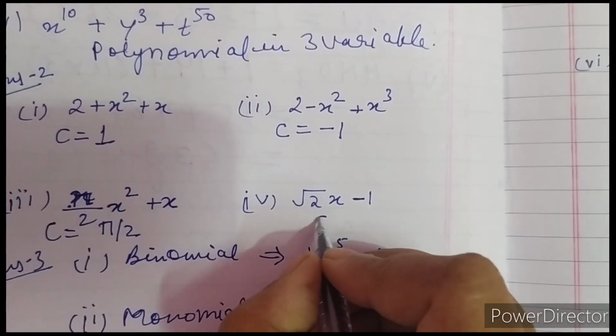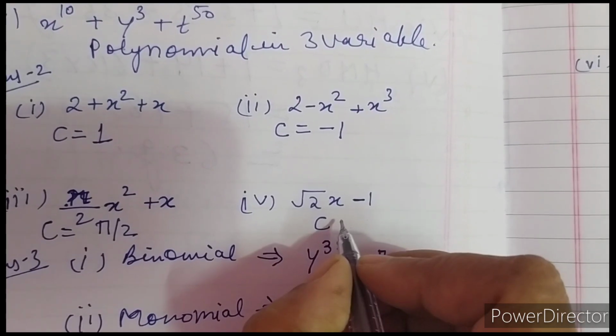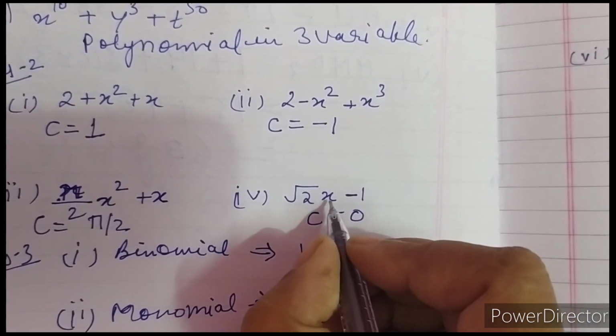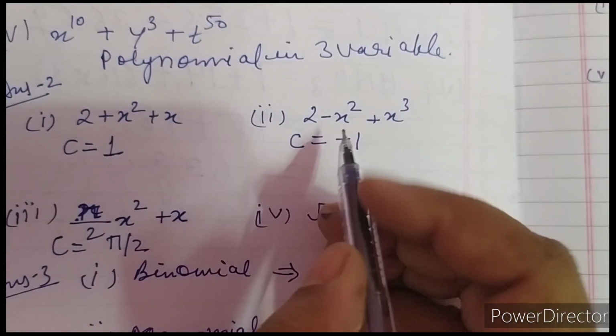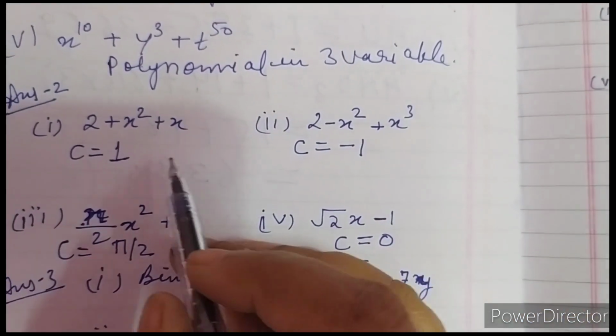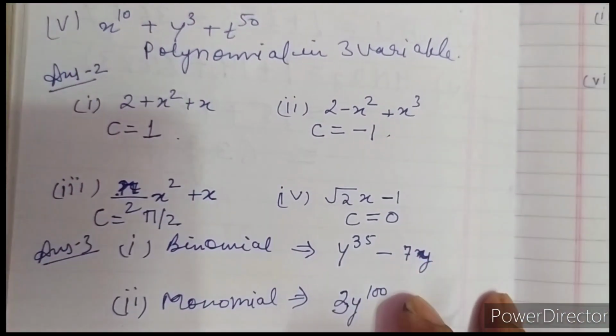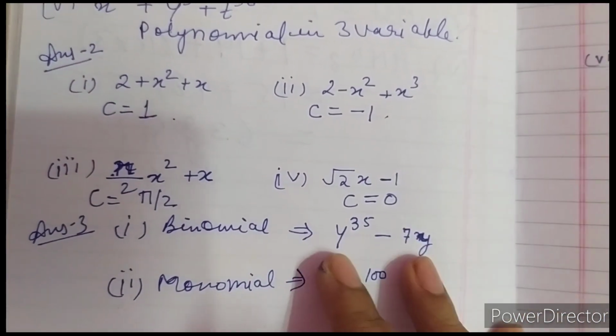Here the coefficient of x square is pi by 2. And here the coefficient of x square is 0, because the x coefficient is given, not x square. They have asked you the coefficient of x square. In this case, the answers are plus 1, minus 1, pi by 2 and 0. And next they have asked you to give one example of a binomial with